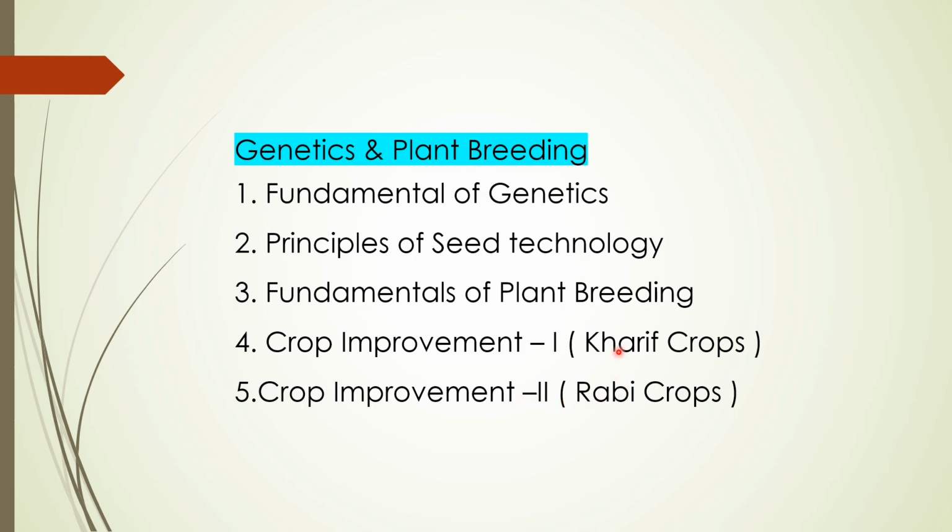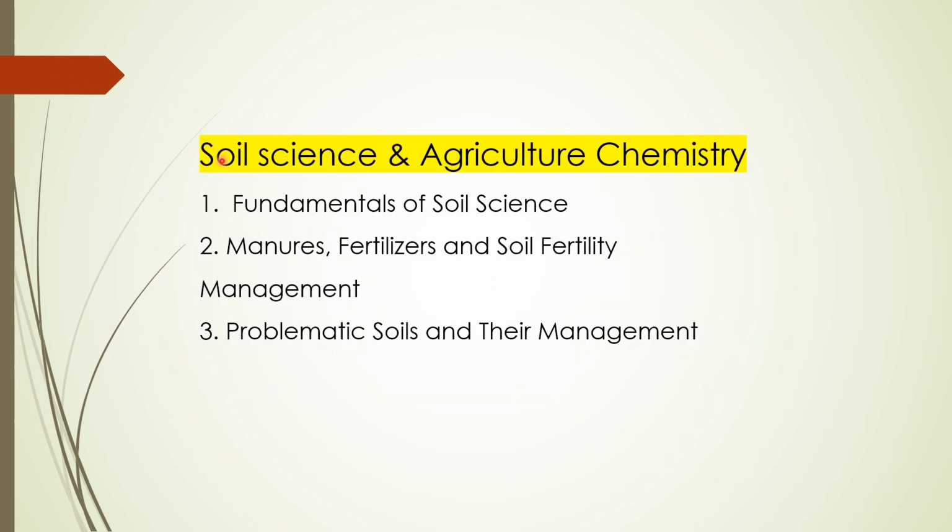In this, mainly we can know about the centers of origin and PGR, plant genetic resources, and how we have to perform seed production technology in all kharif crops and rabi crops. And the next branch, soil science and